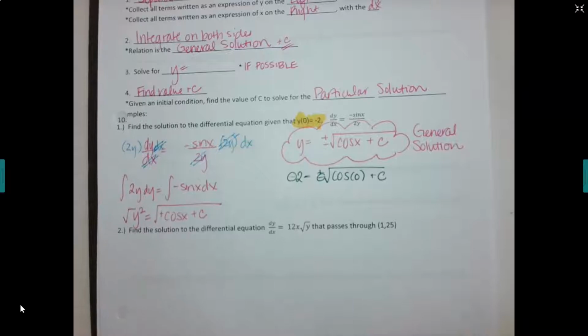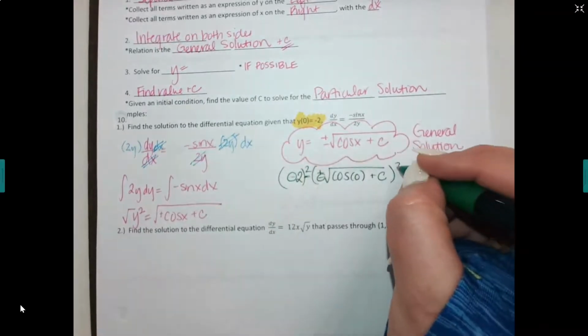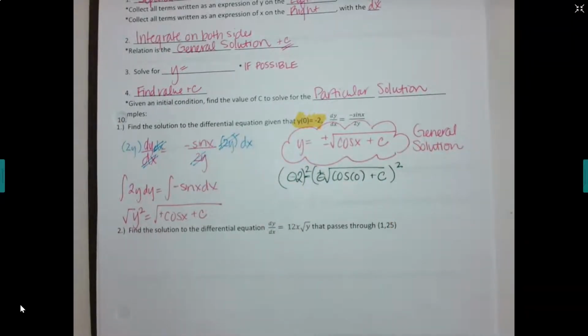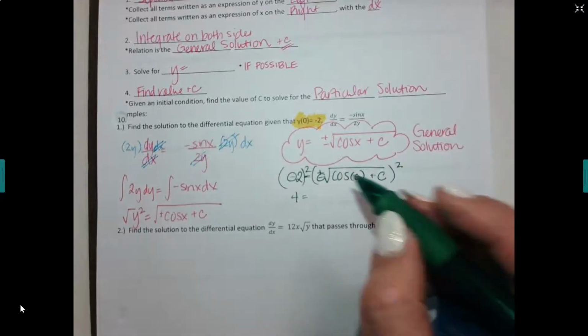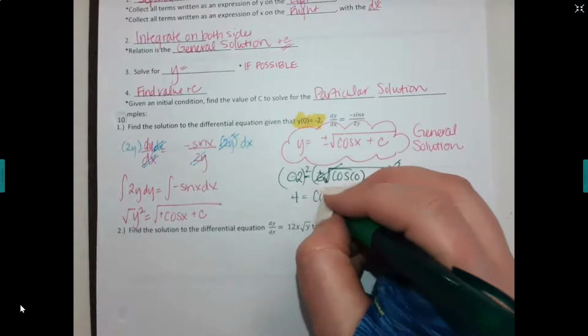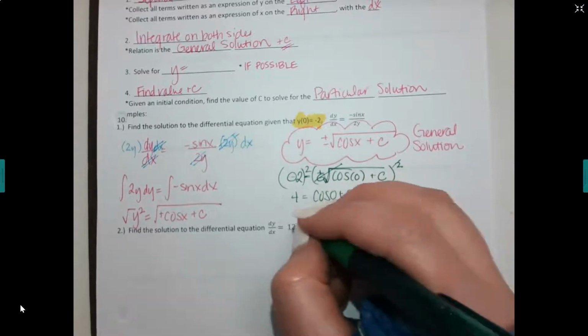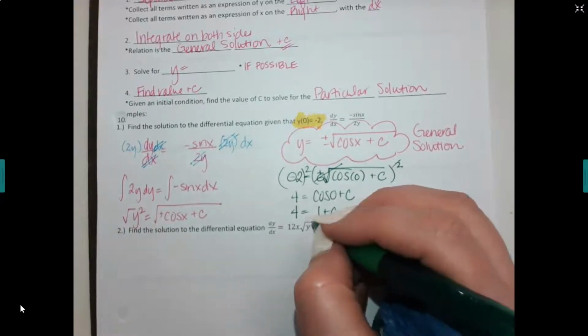Now, why do I have to choose it right there? Because my next step to get rid of this square root is going to be to square both sides. And what's going to happen to the negative when I square? It's going to end up becoming positive. So I need to choose the negative before I do that step. So negative 2 squared is 4. Negative square root crosses out with the squared. And I just end up with cosine 0 plus c. What's cosine 0? 1 plus c is 4. Then c is